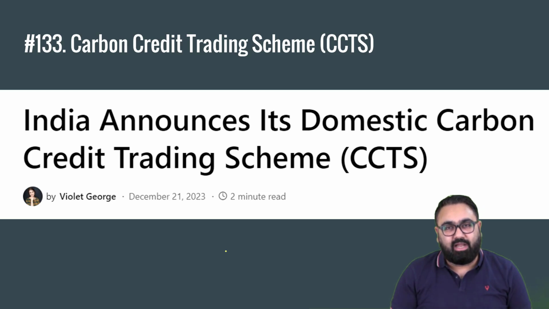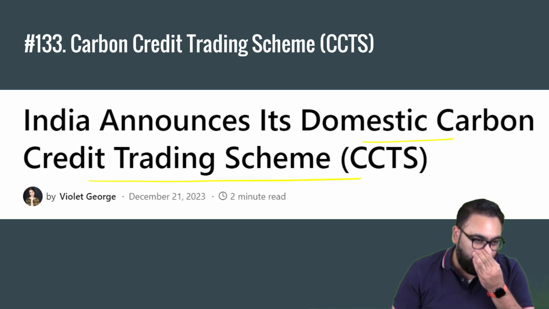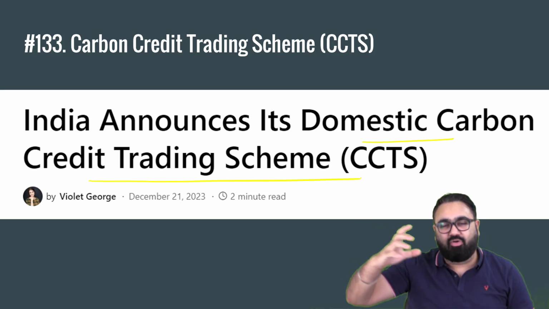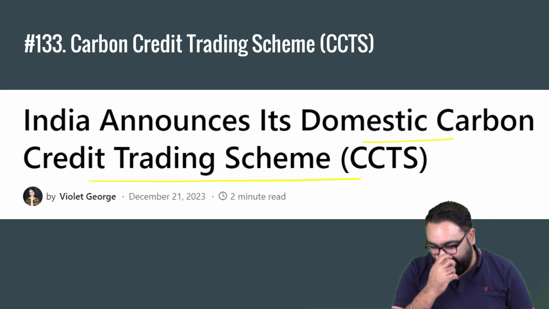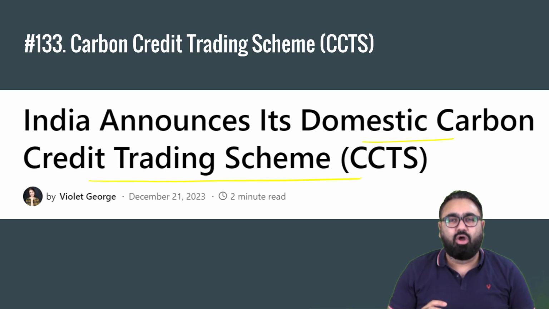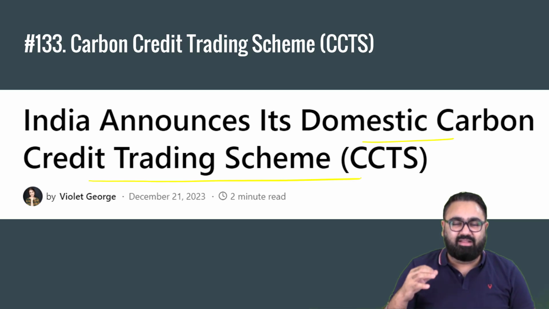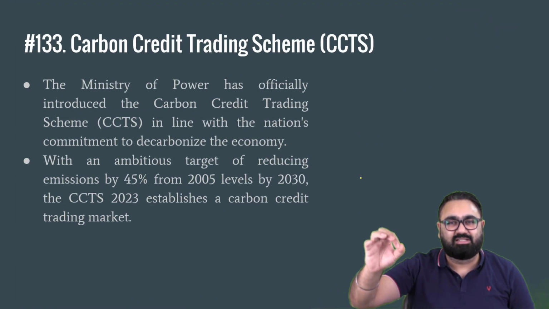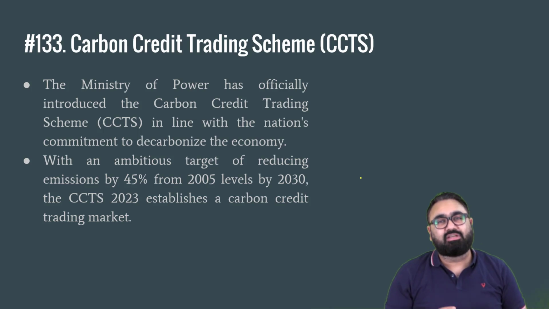On a similar topic, India also started its own domestic carbon credit trading scheme. Now, just like under the Kyoto Protocol, countries are given different targets that this is the amount of carbon emissions that you can have. Countries also have their own carbon emission. For example, let's say India, in order to achieve our goal of achieving net zero by 2070, takes a decision that they give a quota to every industry. They will tell the factory that this is the amount of quota, this is the pollution that you can have, not more than that. But if that factory wants to emit more pollution because they're increasing their manufacturing,